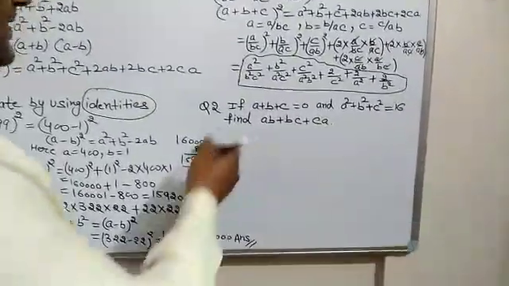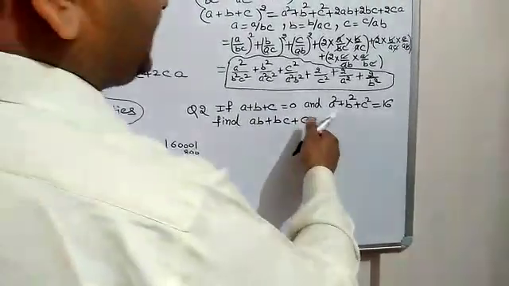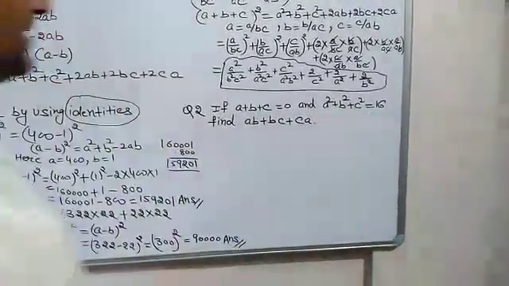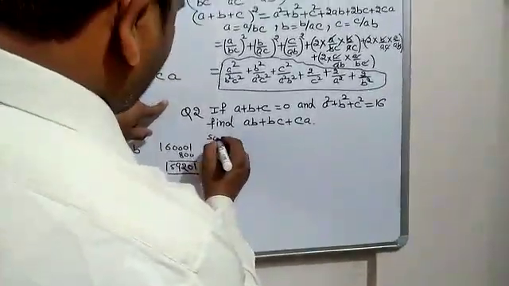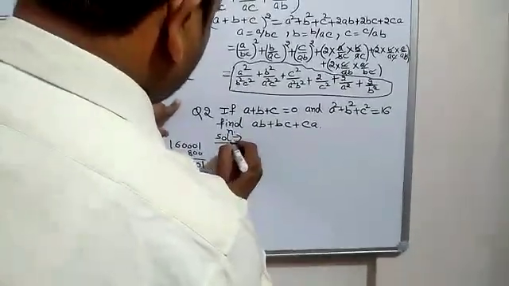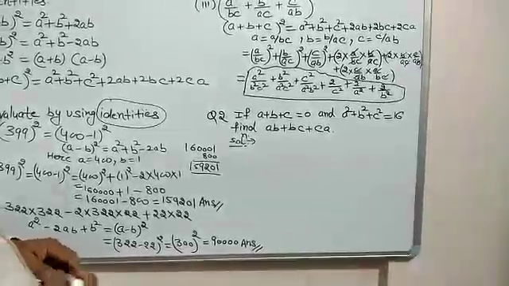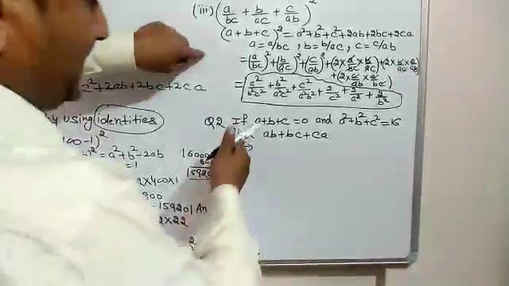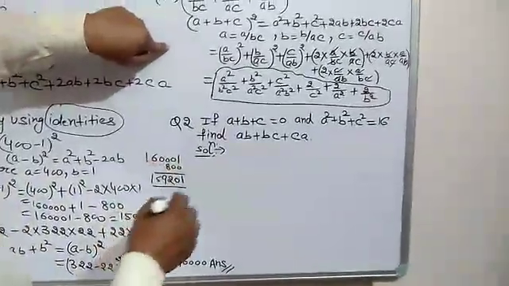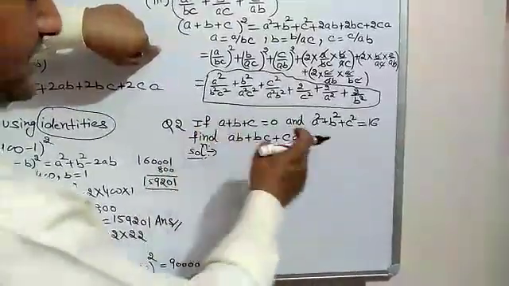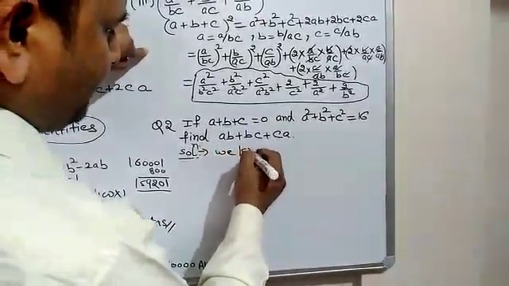So last question, students. If a plus b plus c is equal to 0 and a square plus b square plus c square is equal to 16, we have to find the value of ab plus bc plus ca. So what is important in this question? First of all, we have to identify which kind of formula we have to use here. You can see that they have given us the value of a plus b plus c equal to 0. It means they have given the question in the form of a square, b square, c square, and we know that